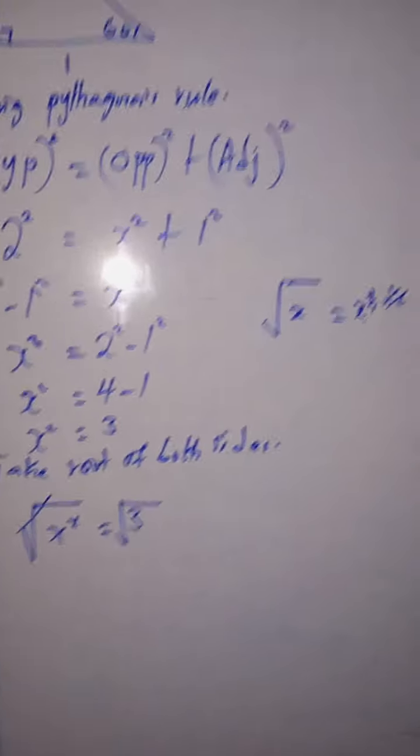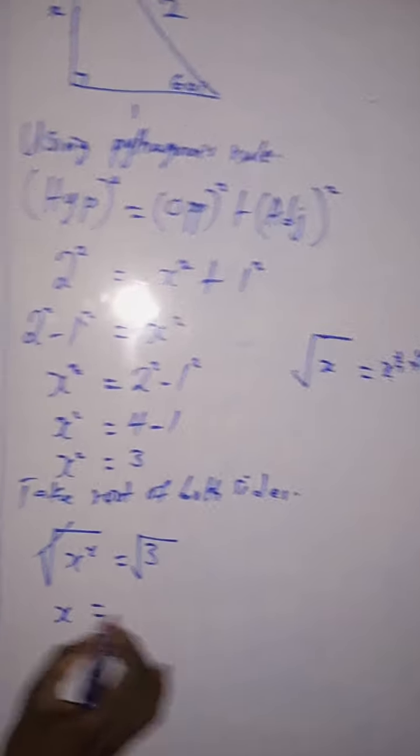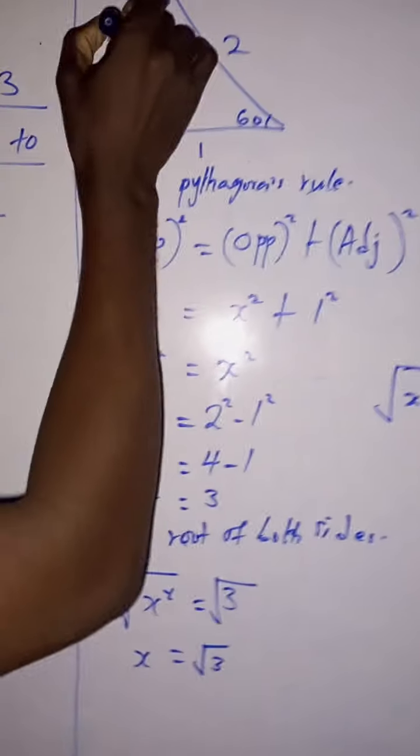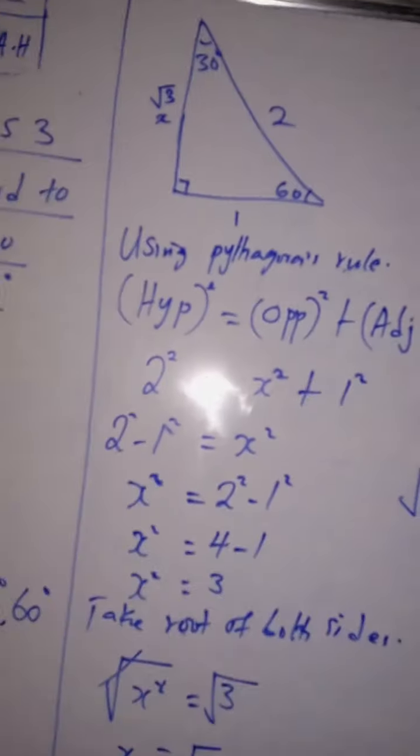There's no magic there. So this x is now equal to root 3. Therefore, this side is root 3. So with this, now I can look for